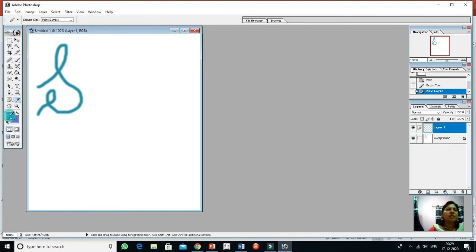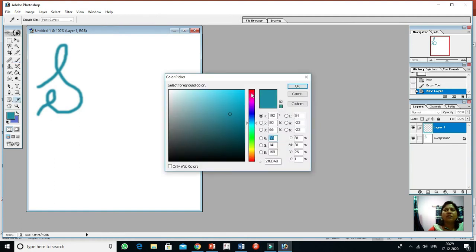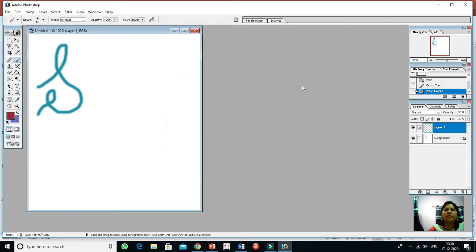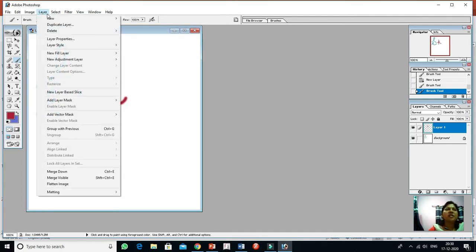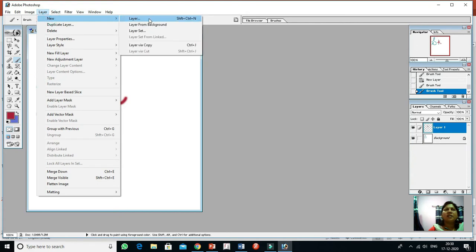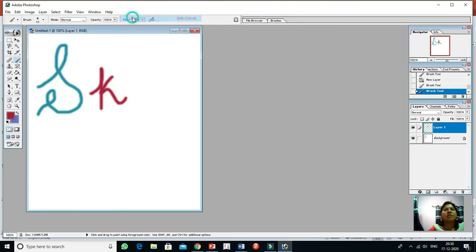Now see, layer number 1. Here I am changing the color. Now again I am adding a new layer, New, then Layer. Or here also you can create a new layer by these options. Layer number 2.